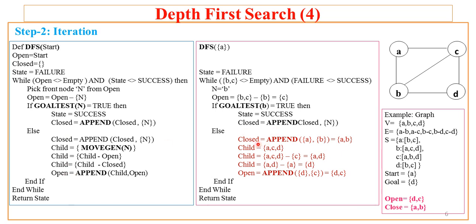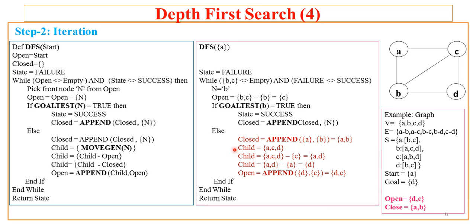So here closed is updated, that means up to this point how many nodes have we explored? We have already explored A in the first iteration. Now we have current B in this current iteration, that is iteration 2, and as we have processed this B, up till now we have processed A and B and that goes to closed. Earlier closed was having A, now the current node B is appended. Now closed will be A and B.